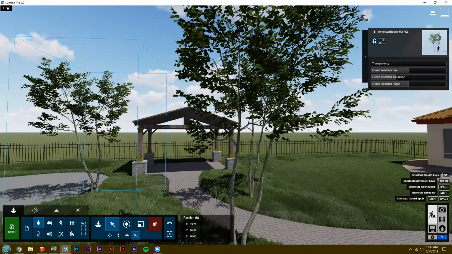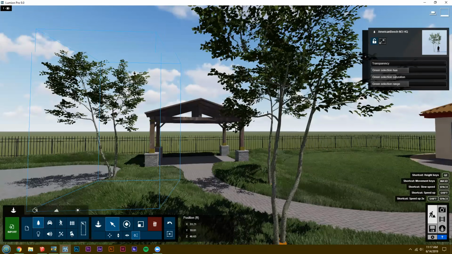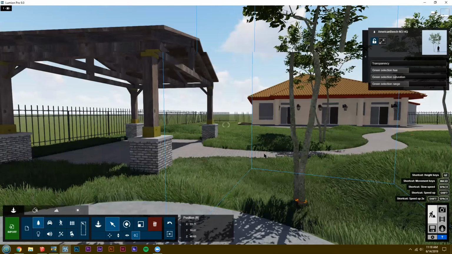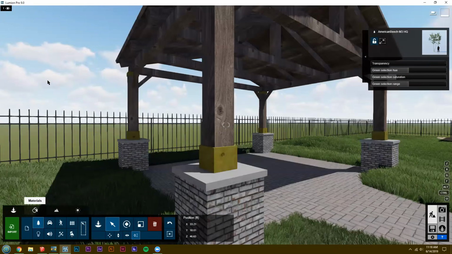And renders kind of gives a unique look into every image. So let me finish